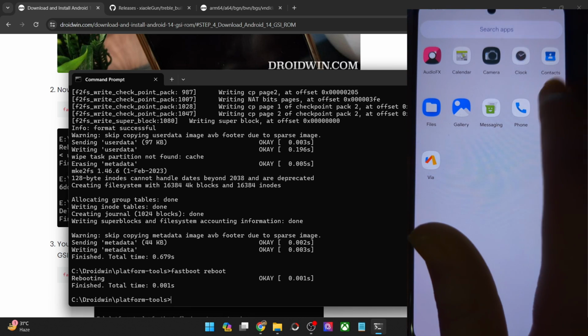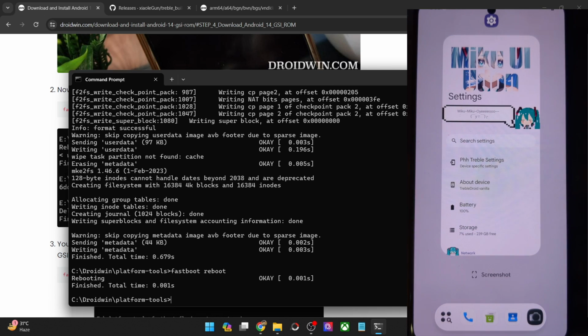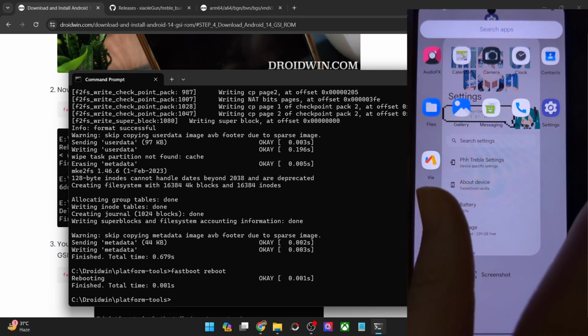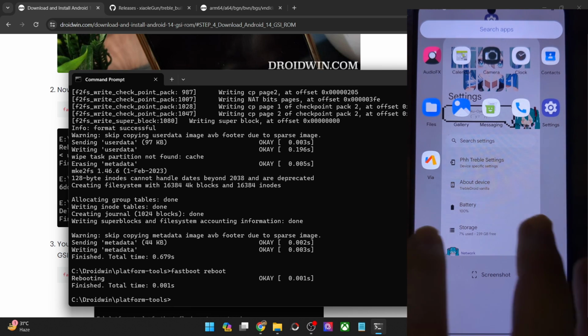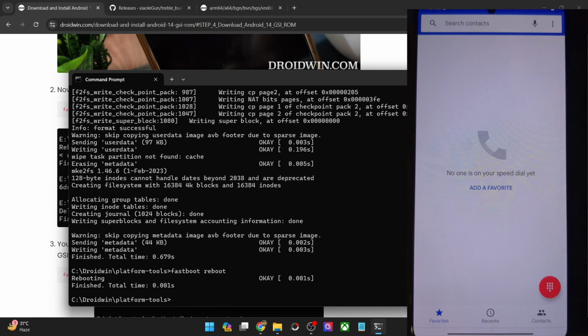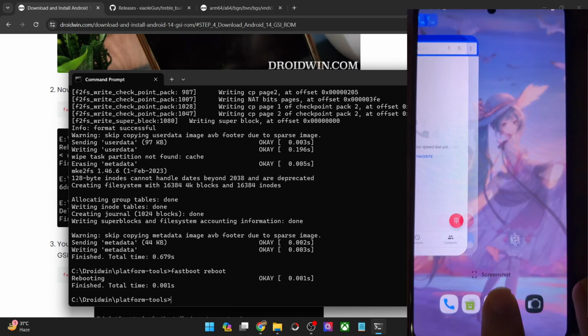And then if you go to the settings menu, let's check it out. So it's definitely quite interesting. Okay, so we have a taskbar as well. Let me try it out. So we have got the taskbar. This is the search menu. So the transparency effect comes into play, and you may enable the transparency effect and then open any app from here. Let me go back and let's try out the call option. And okay, this is not in the transparency effect, so I guess it might just be a UI bug.